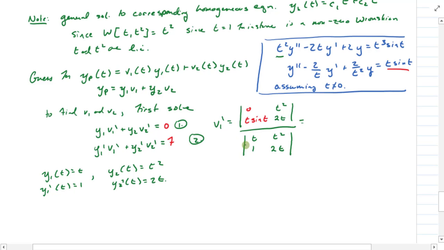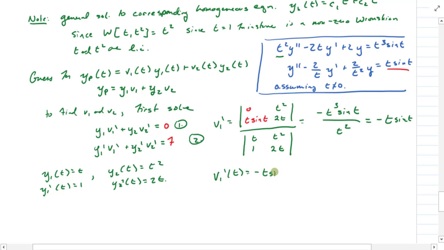So if we compute these two determinants, notice the numerator would be minus t cubed sine of t. That's the determinant of that first determinant. And then that second determinant in the denominator there would be 2t squared minus t squared, which is just a t squared, which gives me minus t sine of t. So my v prime of t